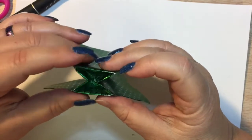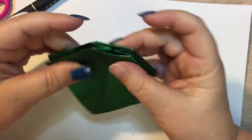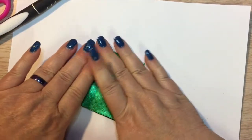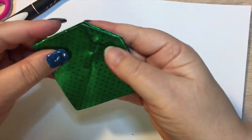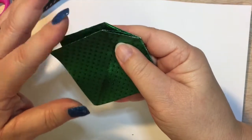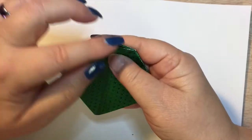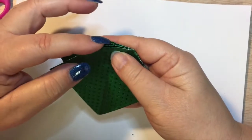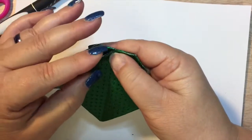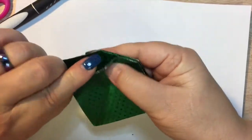Alright, and then we just keep working that until it will collapse down. So we want to give that a good press and just make sure it lies flat. The next thing we're going to do is we're going to take each outer edge here and this top line and fold it into the center line. So on all four sides,